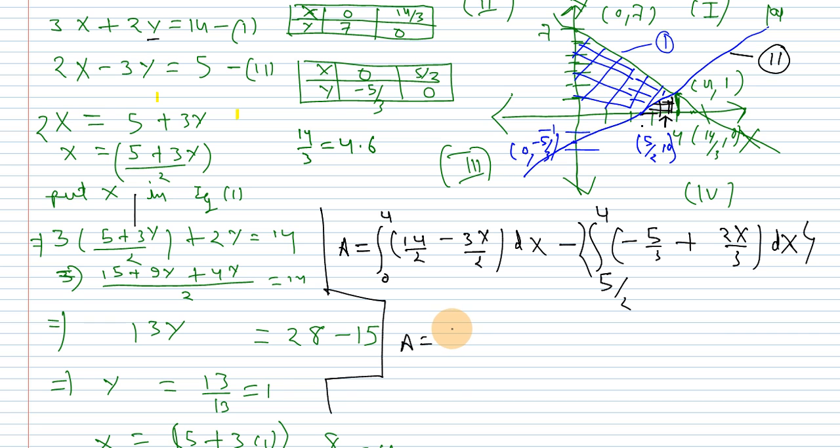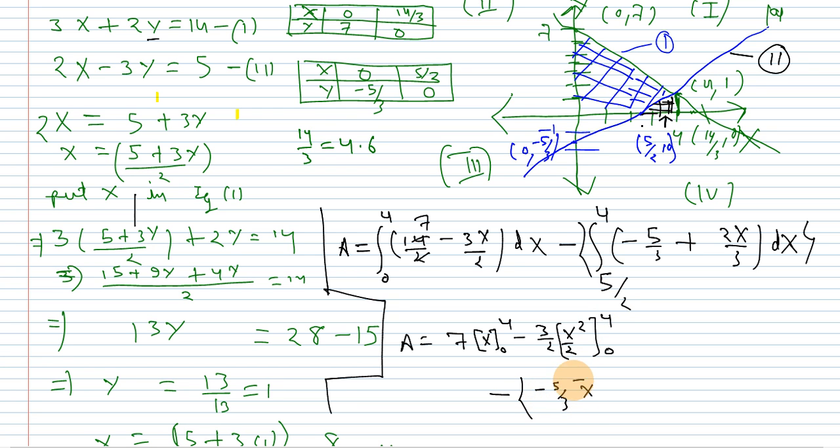Okay, so this basically becomes 7, correct? And if we integrate this 7, then it will become 2x, and the limit is from 0 to 4. The second one is 3 by 2. Then if we integrate x, it will become x square by 2, and the limit is 0 to 4. And if we do the second integration, that is minus 5 by 3,